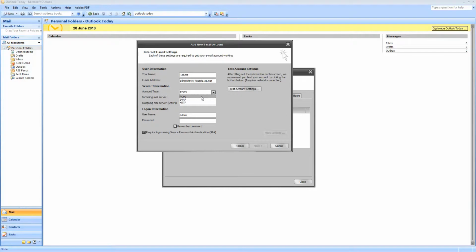Now the POP3 account does free up the space as it downloads and removes the email from the server, and in Outlook there is an additional option to leave the emails on the server for X amount of days. Basically what that means is after a set amount of days, it removes the email from the server, freeing up that space. So I'm going to select POP3 here, and then we're going to move on to the incoming mail server setting. Now this will always be mail dot and then your domain address,